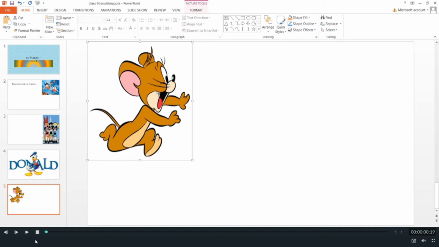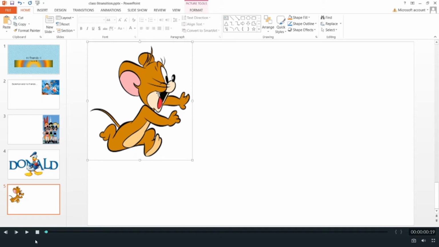Whereas within the slide, your objects will show some movement or motion. Suppose you have written something, you have a text line, and you make that text line move from one position to another, or you select any object and you make the object show some motion. It can be an entrance effect, it can be an exit effect. You can also emphasize that object, or you can select a motion path for that object. That is called animation effect.